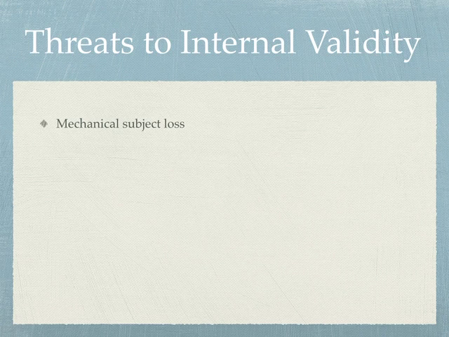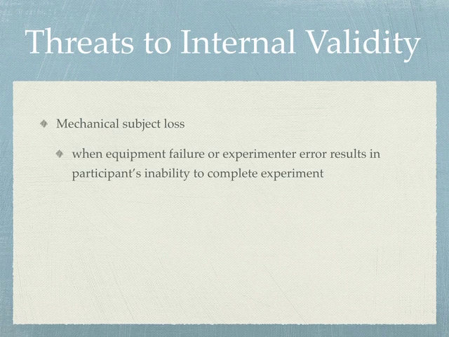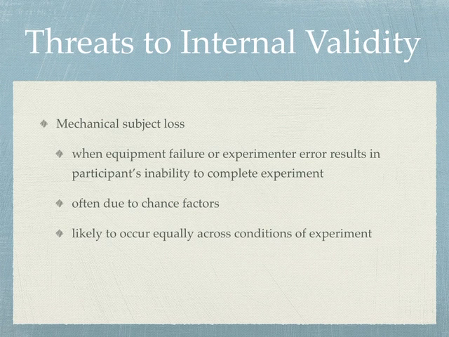Mechanical subject loss is what I was talking about with the computers. This is when some equipment failure or some experimenter error creates a situation where we can't get the data. For whatever reason, the computer won't work, the power's not working, an experimenter's late, an experimenter codes it wrong, any number of things. These are often due to chance factors. These aren't something that are going to vary with our independent variable or our dependent variable. And because of this, they typically occur pretty equally across conditions of the experiment. We're not going to see one condition having a lot more loss than another condition